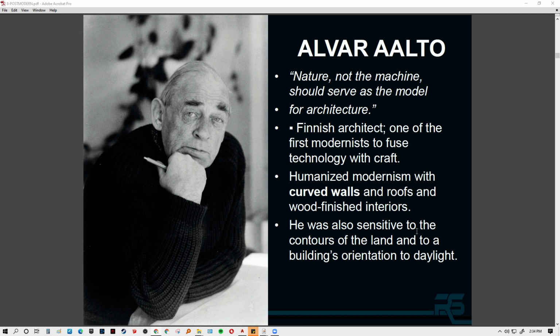So with his design, he considers all the contours of the land. He considers the shape of the existing neighboring space. He even uses curved walls or sometimes wavy walls. He's always sensitive to all the existing conditions of the site, taking advantage of the positive ones and using them for the benefit of the people that will use the building as well.